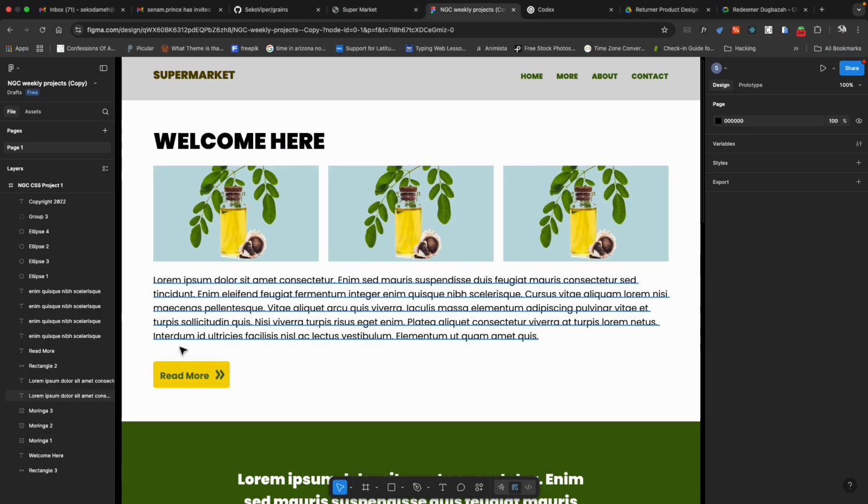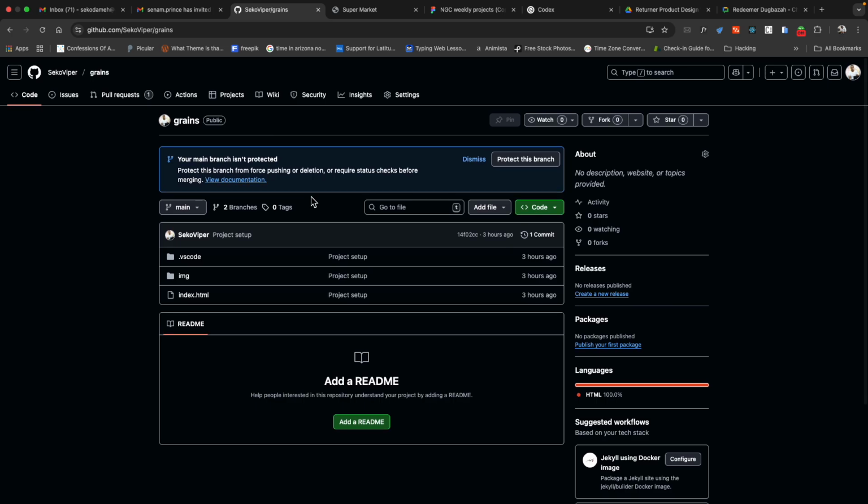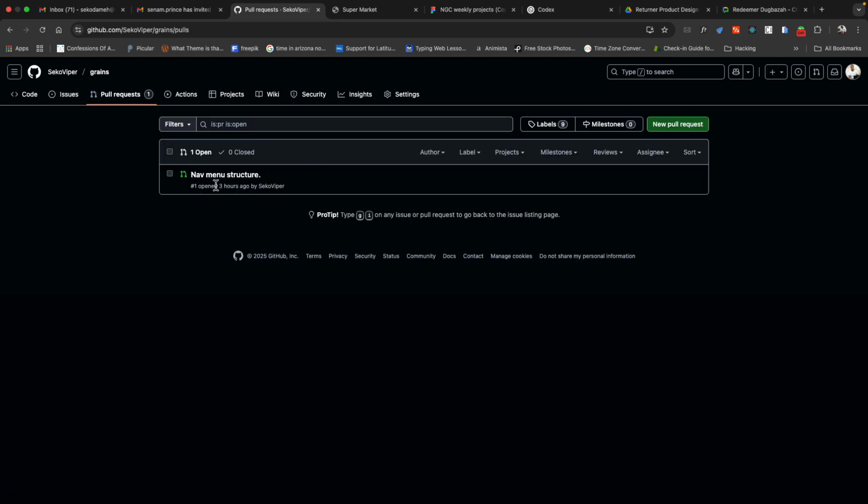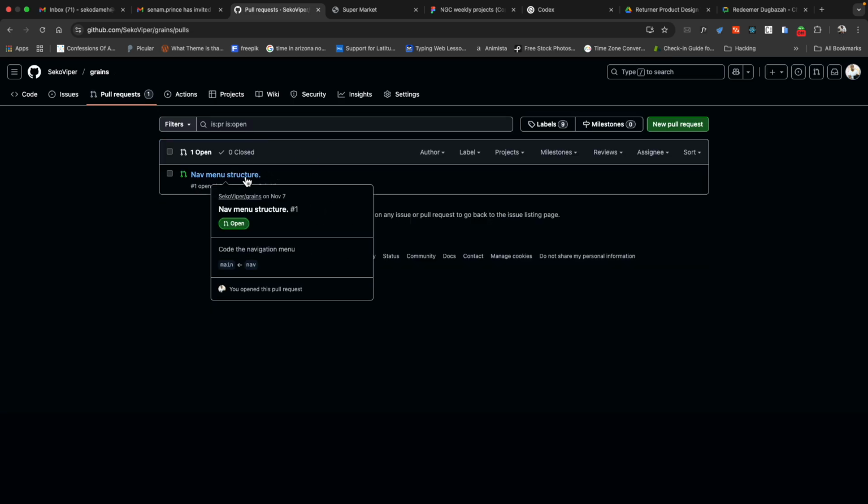Don't forget, we are only dealing with the HTML structure as we are using it to learn how to work professionally with pull requests. So on that note, this is what we have, and this is our repo here. Now we have a pull request pending. If you look at this pull request tab here, it has one attached to it, which means we have one pull request open which has not been closed. So this is the pull request. I'll click on it,